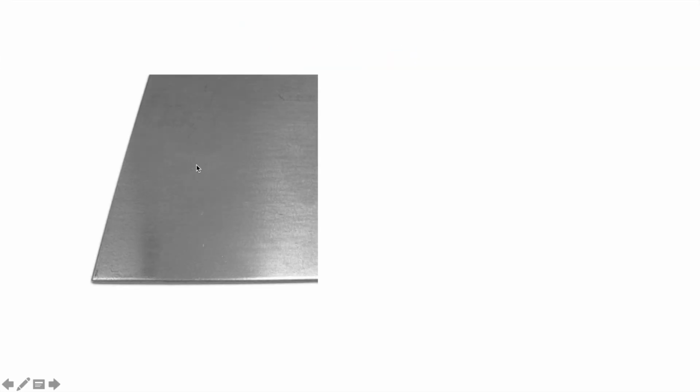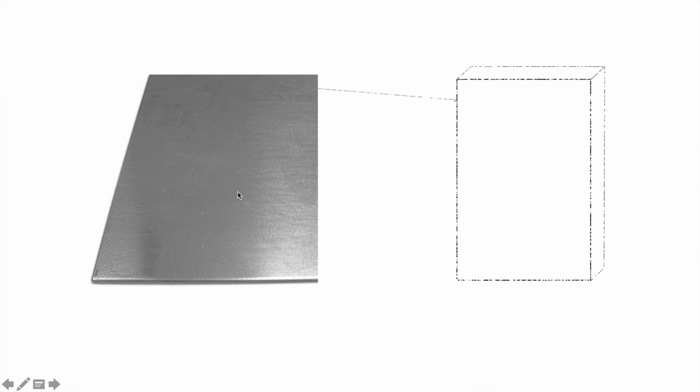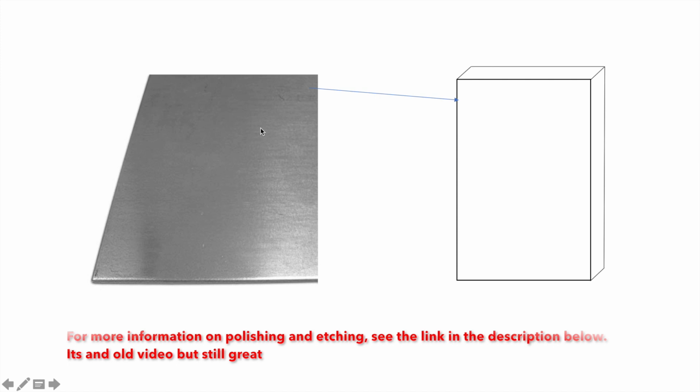So if we take a piece of metal and study it, and examine it under a microscope, what we'll find is something like this. I'm going to make an expanded view here. I'm going to draw a schematic diagram of what you might see. So if we go through a process of polishing and etching this material, and we look at it under a microscope,